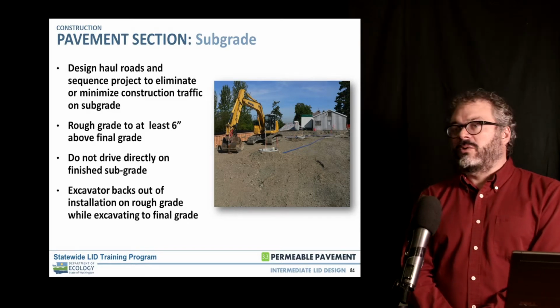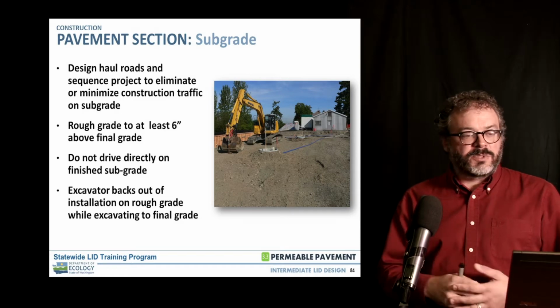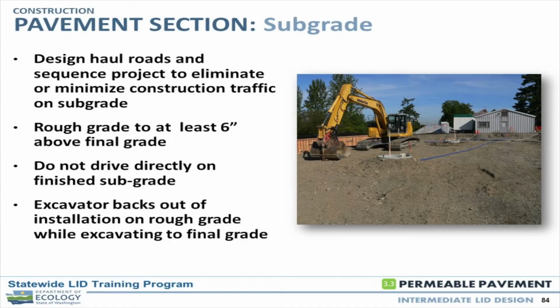Not that many years ago, even understanding how to design the systems or getting them approved or having them be cost effective were the front edge of the wave. I think now integrating them into the construction process is certainly the part that I spend more time than anything else thinking about. And so that's really about designing haul roads and sequencing projects to really minimize or eliminate construction, certainly eliminate it on the subgrade, but really divert as much construction traffic away from the site of the pervious